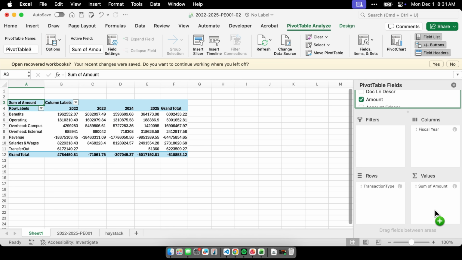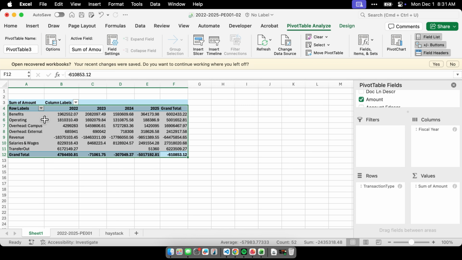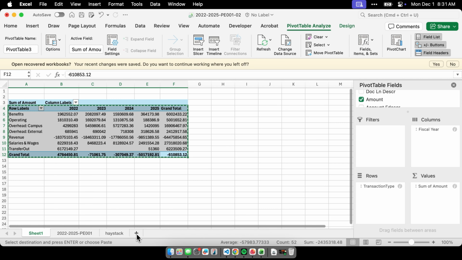Once the pivot table is set up the way we want it, we can start working with the results. And the most reliable way to do that is to copy the pivot table and paste the values into a new sheet. This gives us a static version of the summary so we don't run into reference errors later. Let's select the entire pivot table, copy it, create a new sheet,